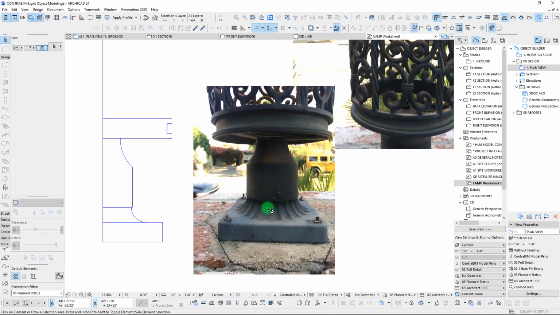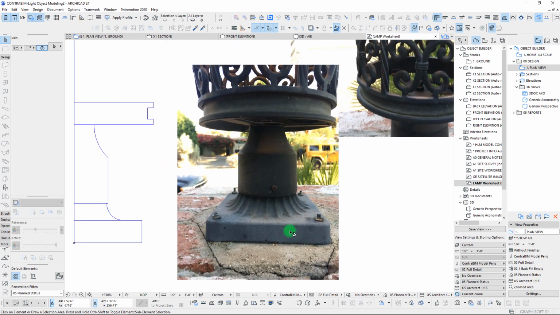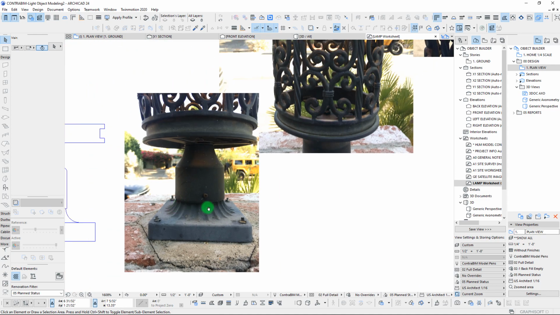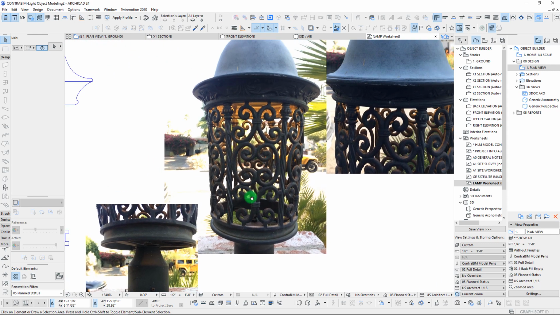So we're really going to be starting this by working on the base to begin with. We can start with just a general shape. We can always come back in and work on the ribs later on if we want to get a little bit extra detail, but that's really not the focus of the lamp. Really the focus is going to be this section right here, like the window into the light zone, which has